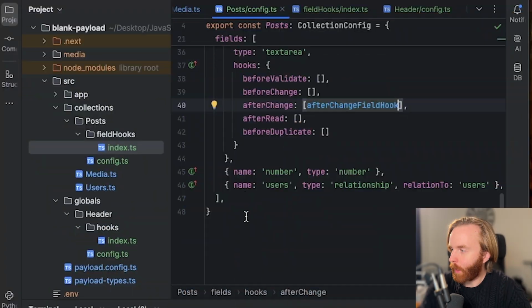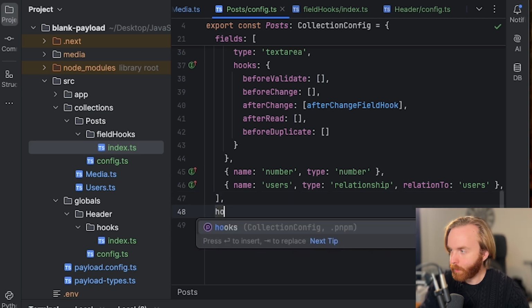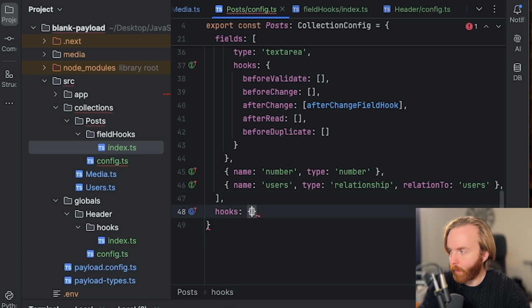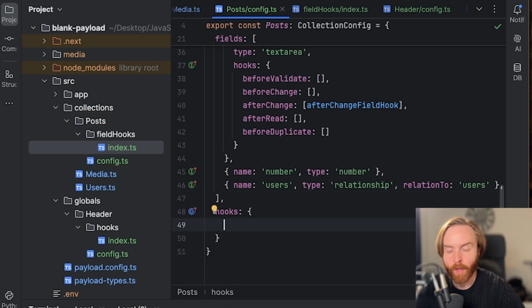You create a hook in a collection by adding the hooks option and assigning an empty object to it. So I'll do that at the bottom of our post collection, where we'll just add hooks and then open an empty object. Just like our global hooks, we'll want to create a hooks directory in the same folder as our collection. In this case, we'll create the hooks directory in our posts folder next to the field hooks